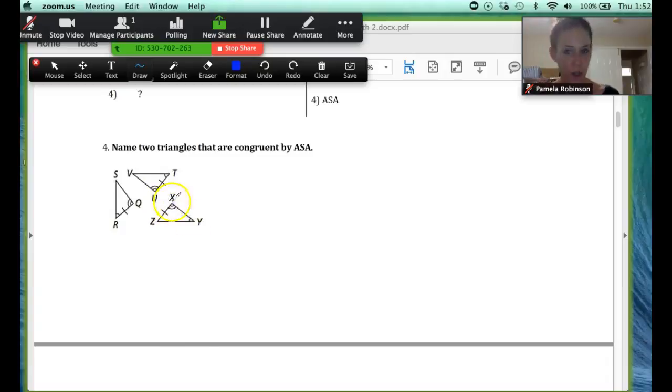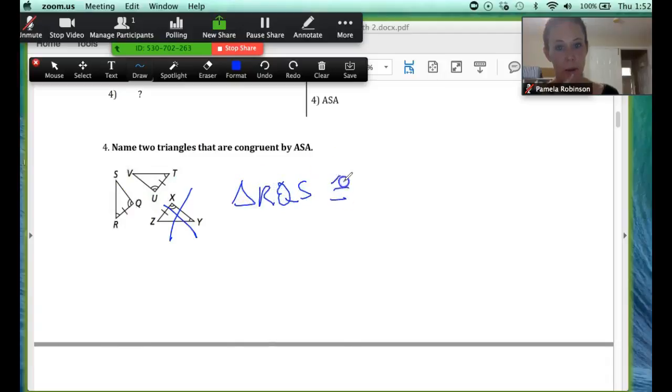This one's got 2 angles and a side, but this is angle, angle, side, or if you'd like to say side, angle, angle. It does not have a side in between like these two did. So nope, it's not that one. Angle, side, angle would be these two triangles. And I would say triangle RQS